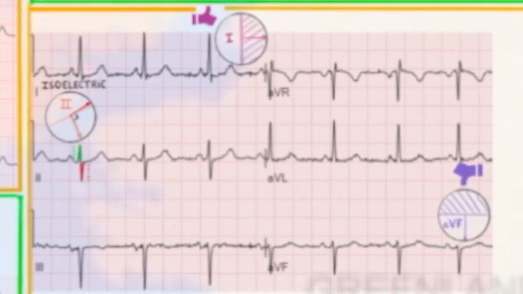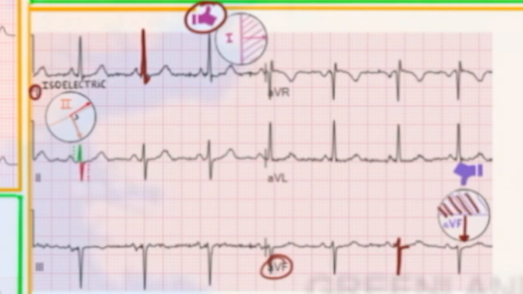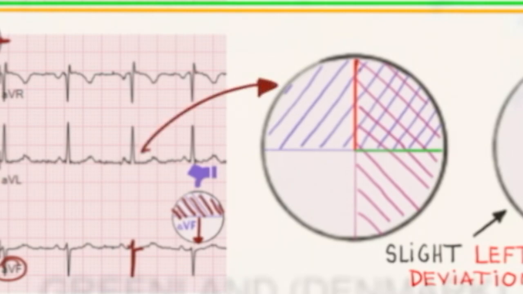So we're going to determine the axis with the thumbs up method that I mentioned in the first video. So let's look at lead 1 first. We've got a thumb up because it goes up. And then let's look at aVF over here, and it's a thumb down. So aVF is positive when it goes down. Since it's negative, that means the axis is in this half of the circle. And lead 1 is positive going this way, and it's positive. So the axis is in this half of the circle. And if you put those two together, you end up with the axis being in this quadrant here of the